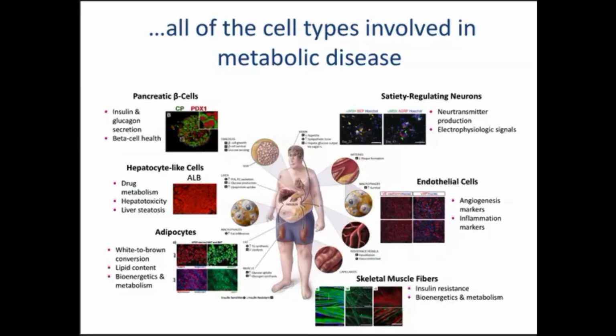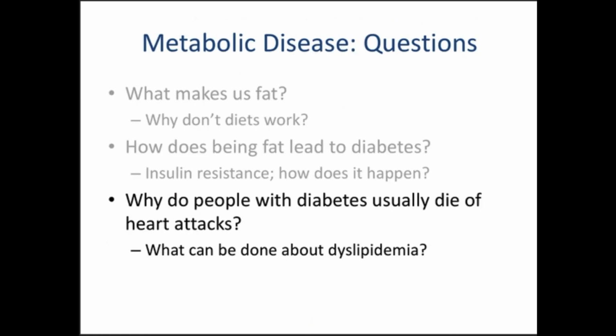The only difference is over the 10 years, we now can make almost every cell type that you're interested in understanding in metabolic disease. We routinely make hepatocyte-like cells, adipocytes, skeletal muscle cells, endothelial cells, pancreatic beta cells, and now the newest cell type we're really playing with are one of the cell types involved in regulating hunger and satiety in your brain. And I'm just going to run through this.